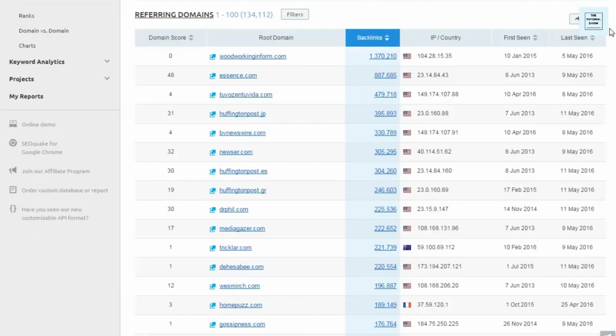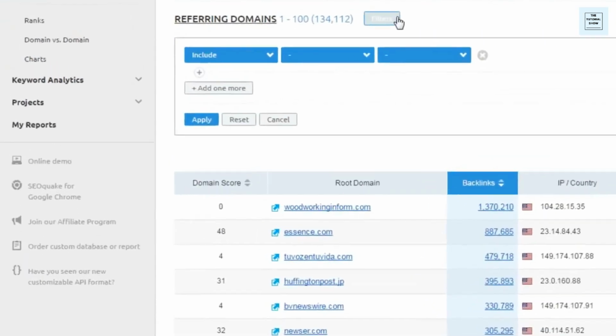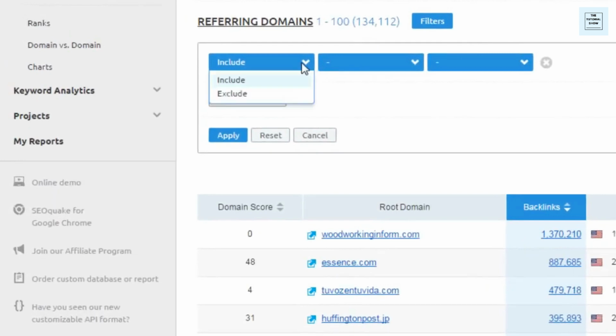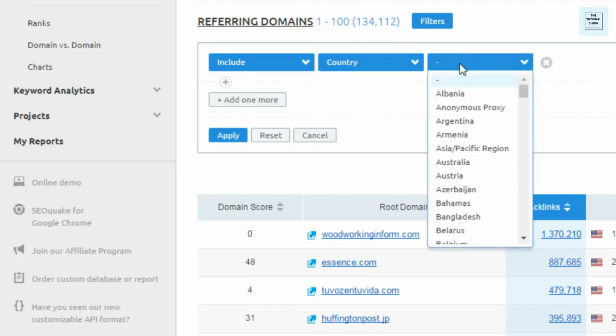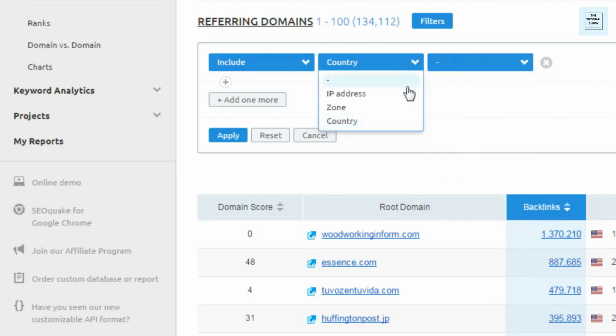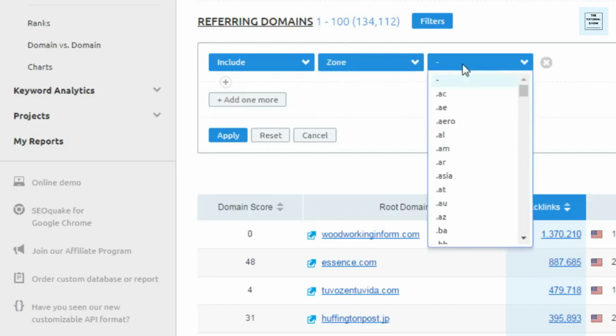Now, especially when you're dealing with larger sites and you're going to have a lot more data to go through, the filters option is really going to be your best friend here. You can either include or exclude different options. So here we're going to want to look for a particular zone or a particular country that you can filter by. So let's say we only want to look for websites that have a .com extension, or let's say we want to look for